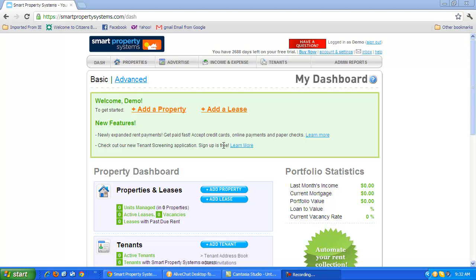Very briefly, before I get into that functionality, let me just give you a quick tour of the dashboard. This is a place where you can perform most of the functions within Smart Property Systems. You have two different options. You have a basic view and an advanced view. The difference between the two of them is mostly in what is displayed and how it is displayed. We will cover the dashboard in detail in a later video, but briefly here, the different functions you can do